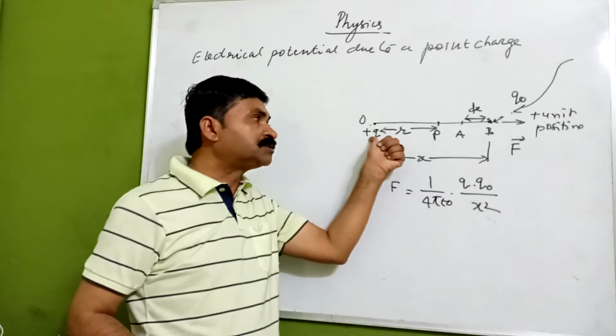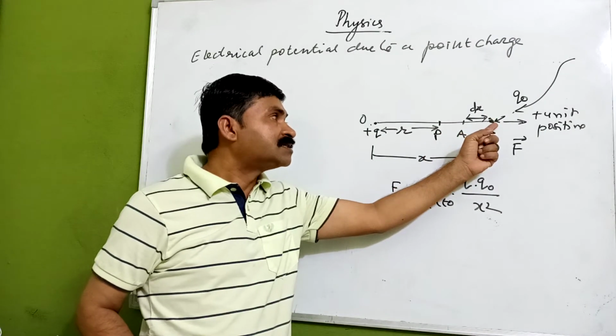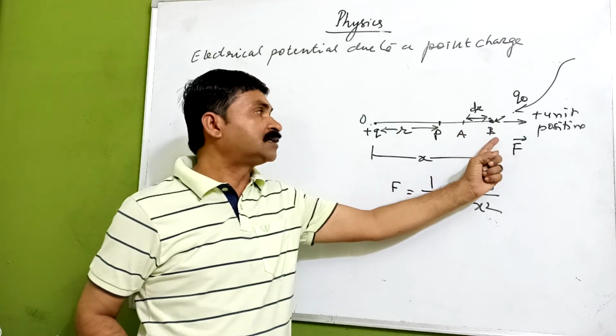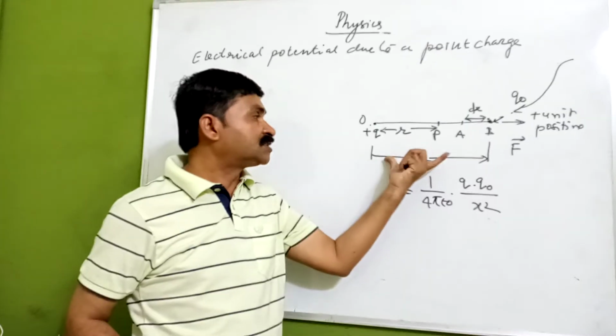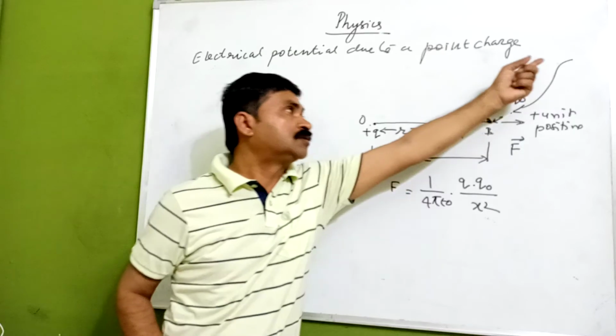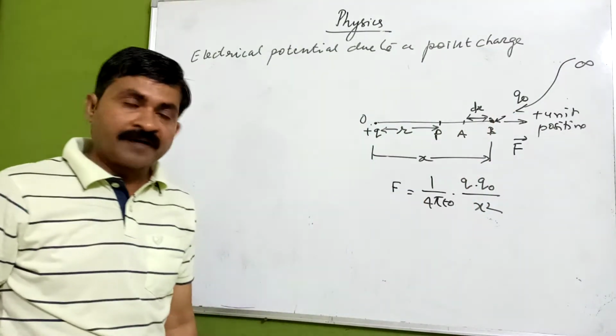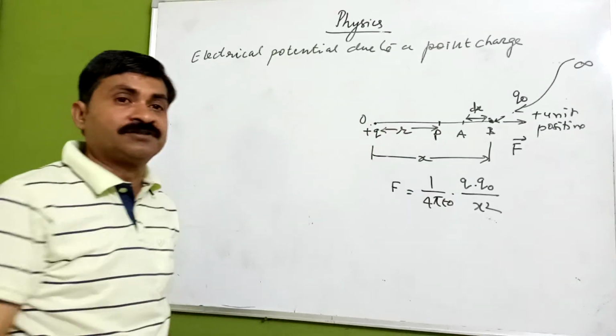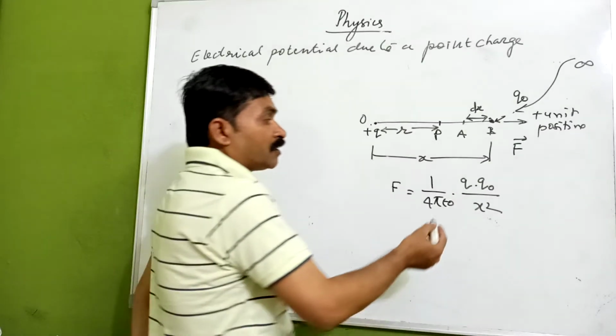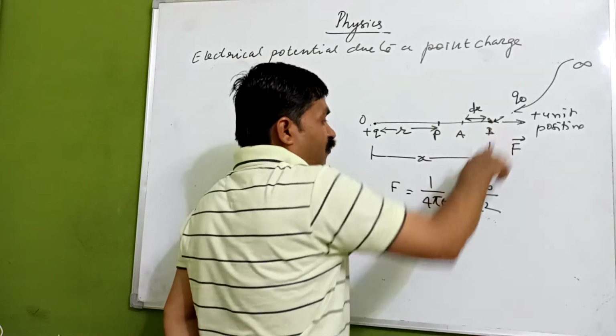यहाँ पर पॉजिटिव चार्ज रखा हुआ है, और ये डिस्टेंस जहाँ पे हम लेके आ रहे हैं, that is point B, which is x distance away from here. इस Q naught चार्ज को हम कहाँ से लेके आ रहे हैं? इंफिनिटी से लेके आ रहे हैं. Okay. Well, we are bringing this unit positive charge from infinity. Okay. Now see here, what we have got, this force over here.